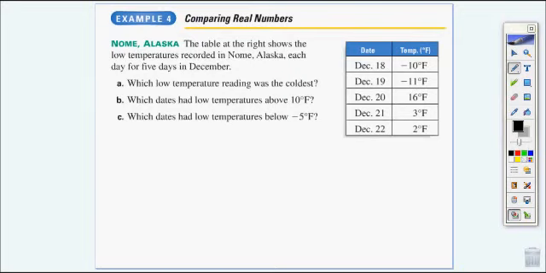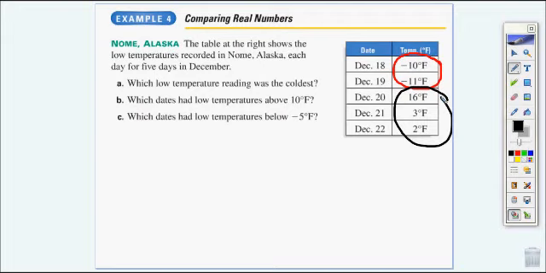So in example 4, they ask us to compare real numbers. So this time we have to understand the meaning. You're going to notice here that in our graph, we have some negative numbers, and we also have some positive numbers. So it says the table at the right shows the low temperatures recorded in Nome, Alaska, each day for 5 days in December. Which low temperature reading was the